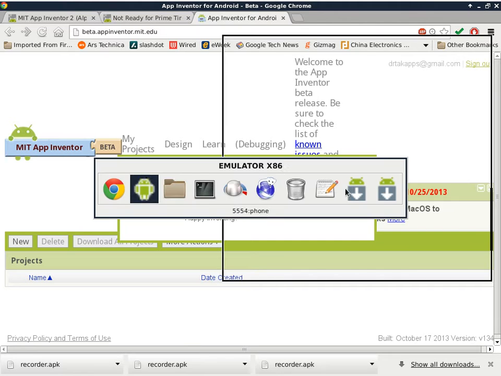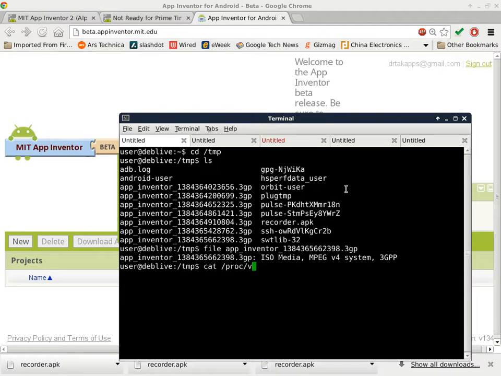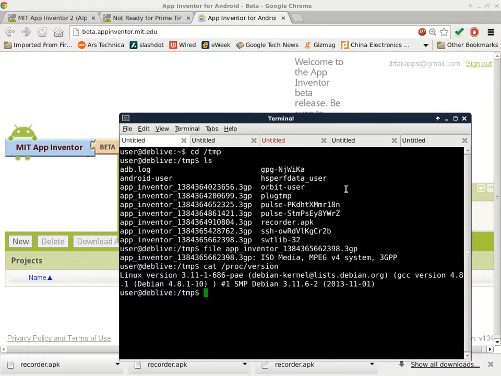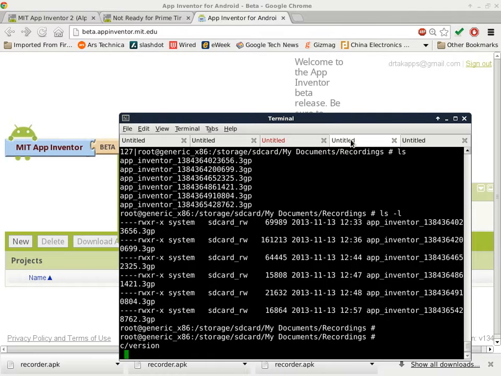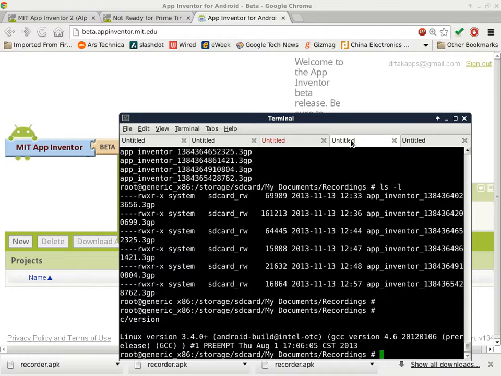In Linux, it reflects the version, but this is the kernel version, which is not the same thing as the GUI version. Right now I'm running kernel 3.11. That's the version of the kernel that I'm running. Inside Android, I believe it has something similar. So let's take a look at the same thing here. It's running 3.4, which is a little bit older than 3.11, but it's still a pretty recent version of